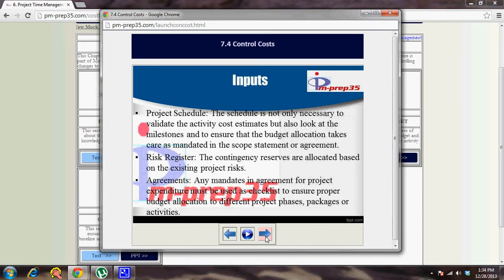Agreements are an important input, basically because they state some of the mandates in terms of both project funding requirements as well as mandating certain funds to be used only for specific purposes. So those legal implications can be kept an eye on as part of this process.